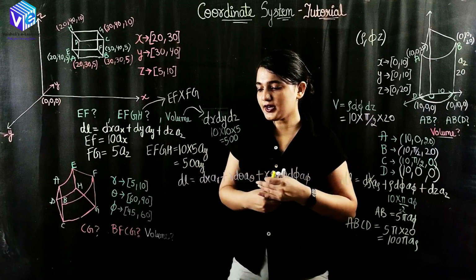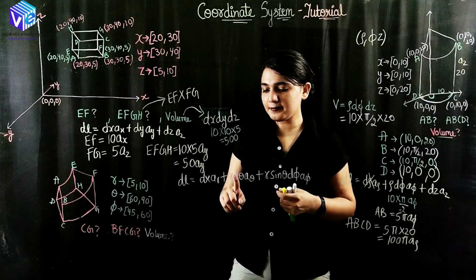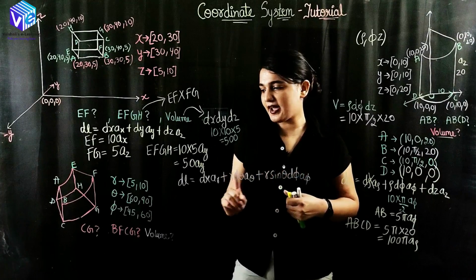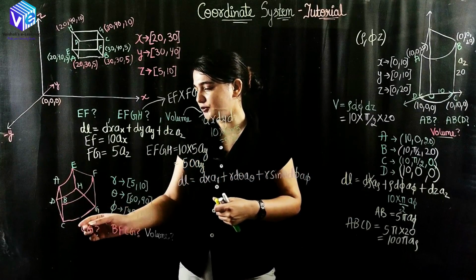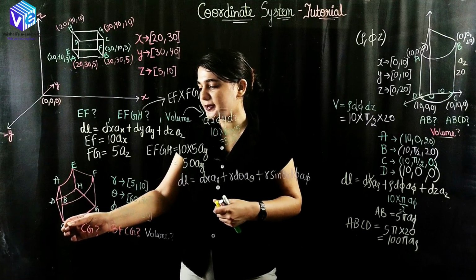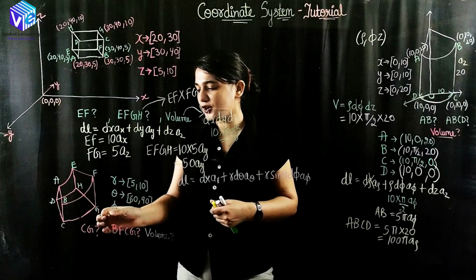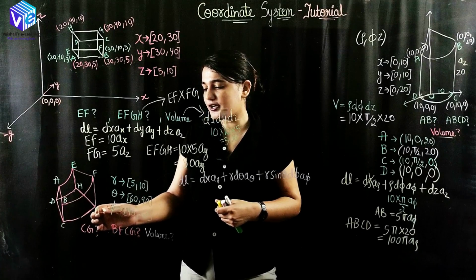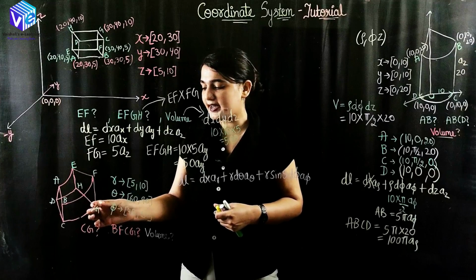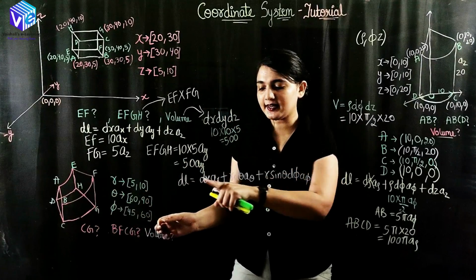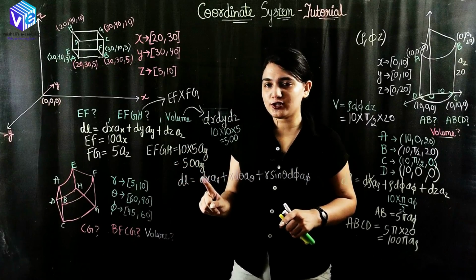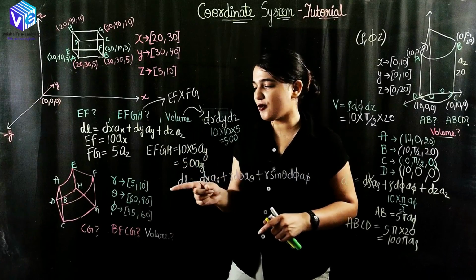So what is the differential length formula in the case of spherical coordinate system? So this is the formula. dl is given as dr a_r plus r d theta a_theta plus r sin theta d phi a_phi. Okay, I have to find out the coordinates from C to G. First of all, I will be writing down the coordinates of C. Then I will be writing down the coordinates of G. This is the first method to find this, or the second method is using directly this formula. So it is easy to directly use this formula.